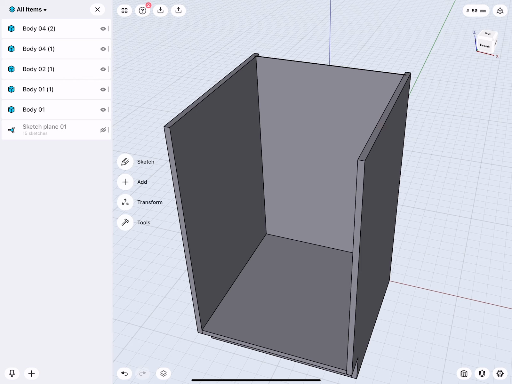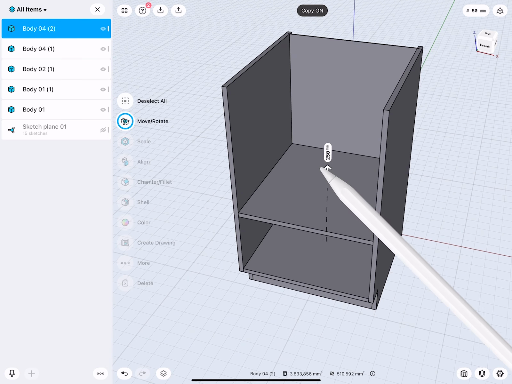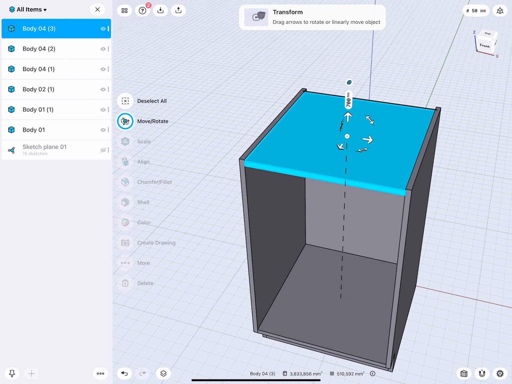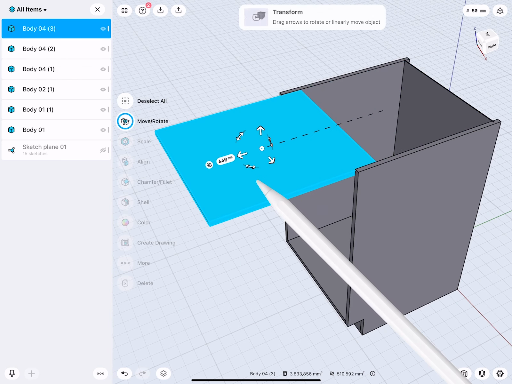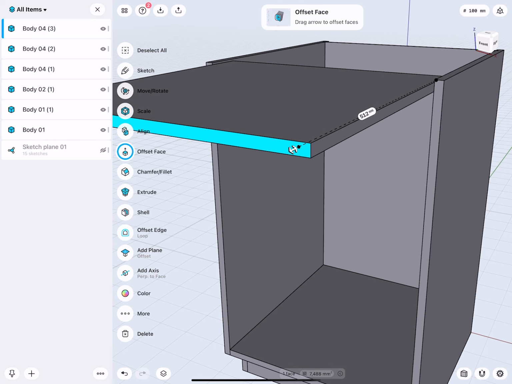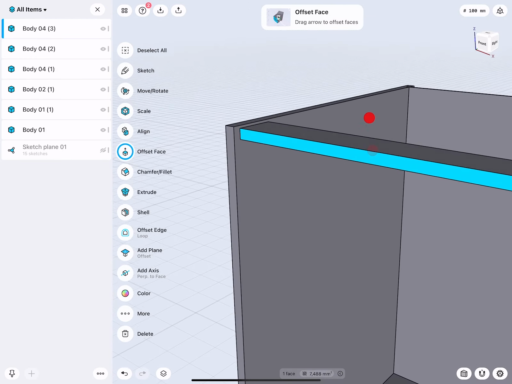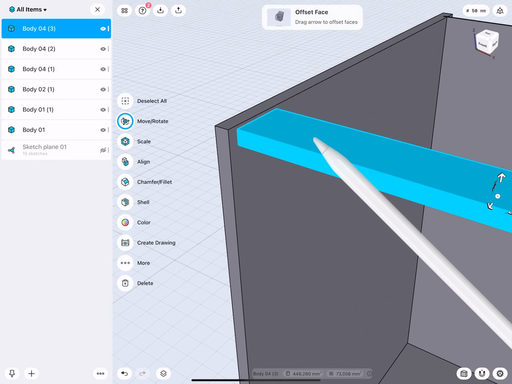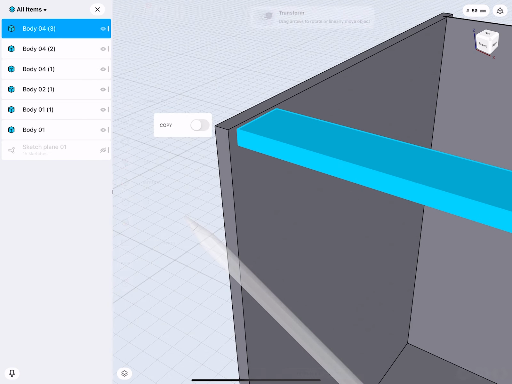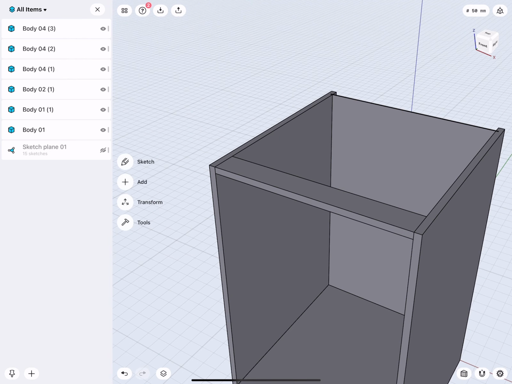On top, later we would like to put a work surface. Right here between these 2 points, we have nothing. We need to stabilize it. Okay, let's build it from this. We move this one up. I see we made a copy. Move this one to here. This actually should be 60 millimeters. There we are. Very good. And then double tap, more, translate, and can snap this to there. Cool. Okay.